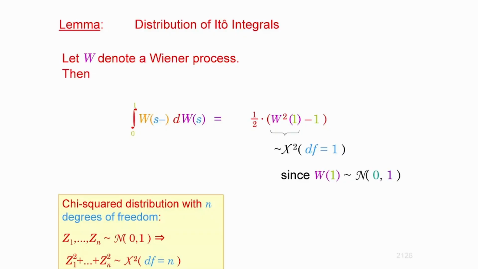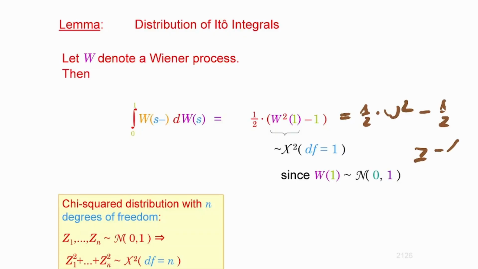Keep in mind, guys, the Ito integral does not follow the chi-square distribution, because again, the chi-square distribution is not reproductive with respect to linear transformations. But there is going to be some linear transformation of the chi-square distribution involved. Maybe it has a name, but it will not be the case. Anyways, if you take that out, you have 1/2 times the square of the Wiener process at time point 1 minus 1/2.